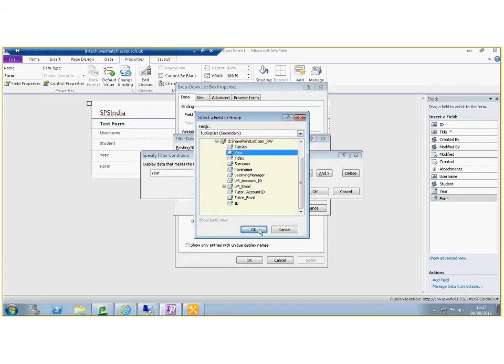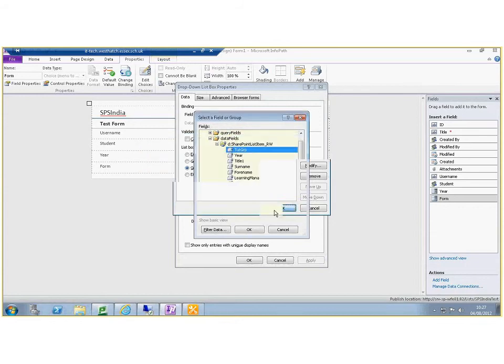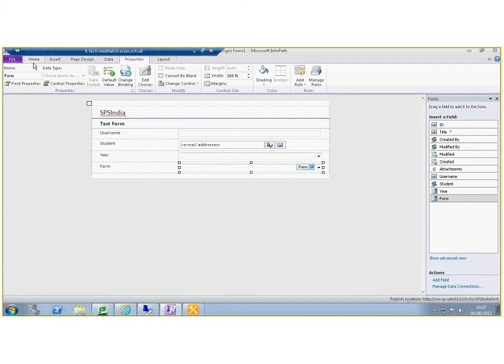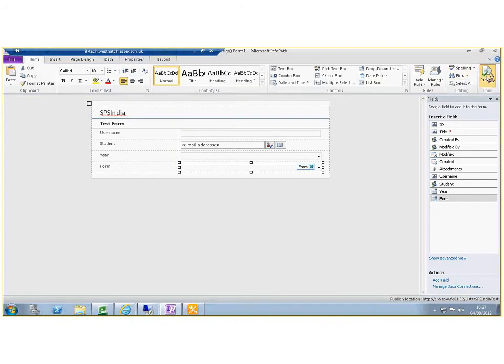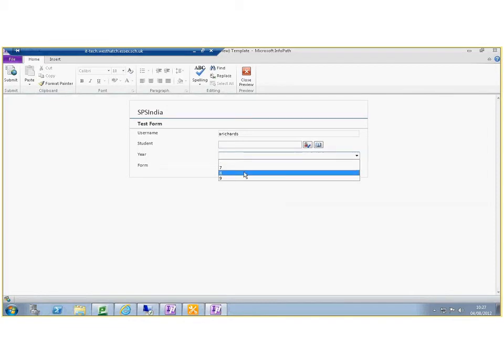So what we're doing on that filter is saying the options within that drop down list for the form only show the items where the year in the main form equals the year in the tutor group list. I'll click OK all the way back, and if we go back to home, preview, it should have nothing in there because nothing's selected. If we go and select year 8,